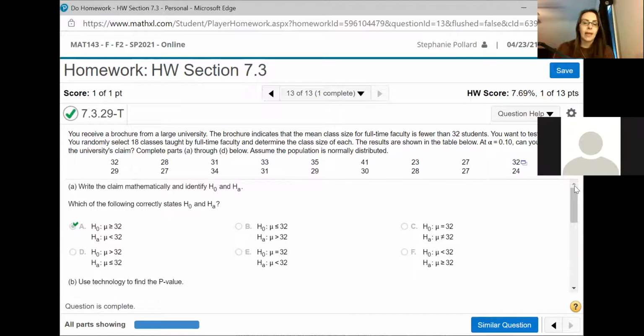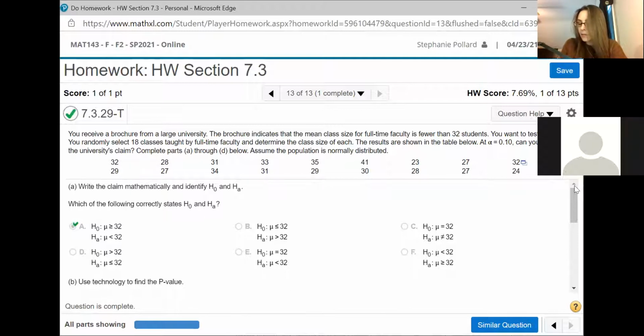And I do have my camera, so I'll write down some key information and I'll show you and go through the steps. So it says, you receive a brochure from a large university. The brochure indicates that the mean class size for full-time faculty is fewer than 32 students. And you want to test this claim. So what we're being told here basically is the claim is based on what the brochure is advertising. So our claim, and again, I'm just going to write these keynotes down, is that the mean